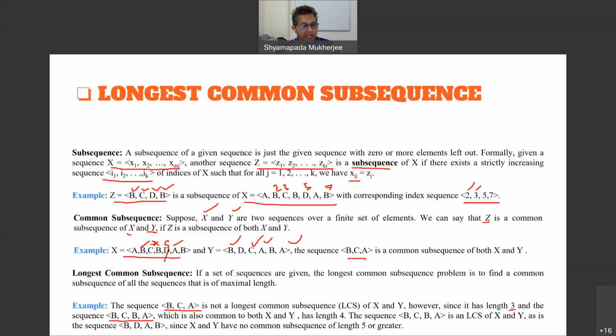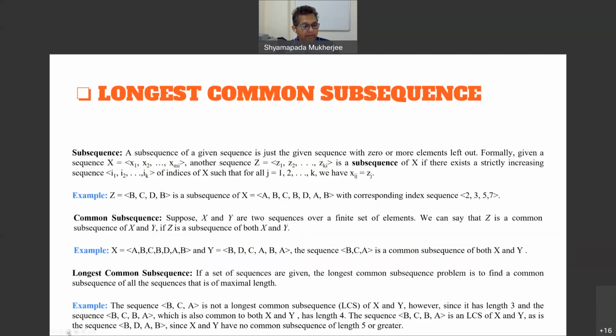Here, just let me erase this part. Okay, so here you can say this B, and this C, this B, and then A. Here also is B, C, B, A. We are not taking this in. So from this way, you can see that BCB is a common subsequence of X and Y both, and